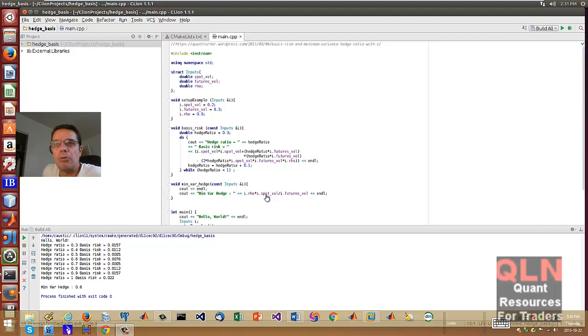So as it stands right now, what I'm planning to do is to basically demonstrate in this little piece of code basic hedging variants, or what will lead into optimal hedging, and at the same time show off basis risk with futures between a spot and a futures position. So let me show you that,